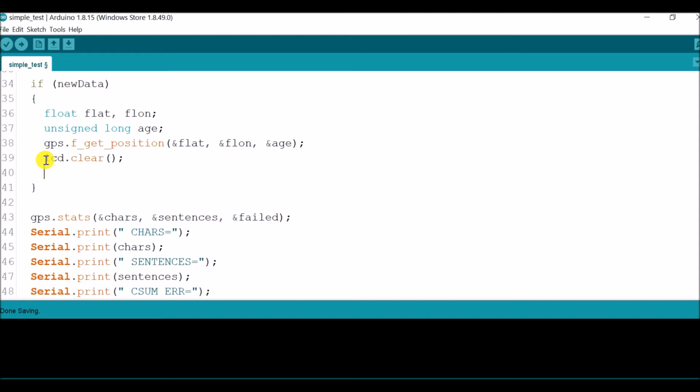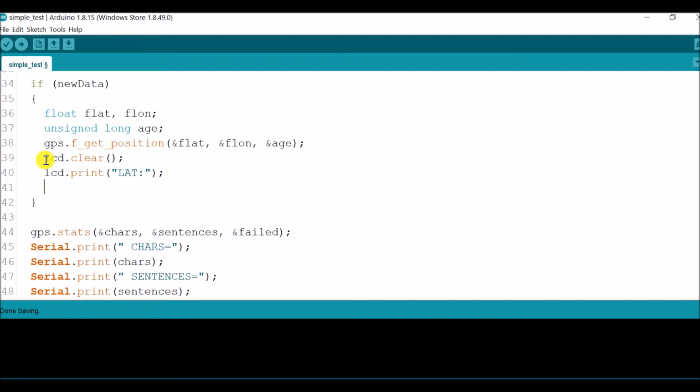Then I will type lcd.print, and in the very first line I will write latitude, and then I will print the value of latitude. This is stored in this FLAT variable. So I have to copy this and paste it, and after that I will mention 5, which means 5 digits will be displayed on the LCD.